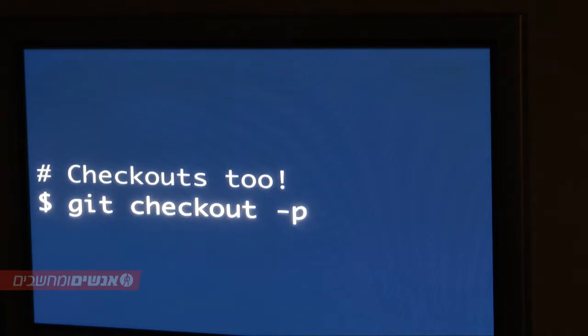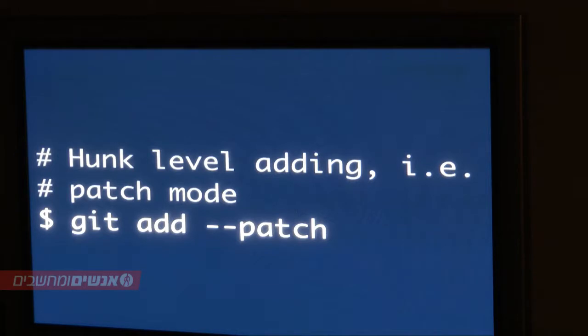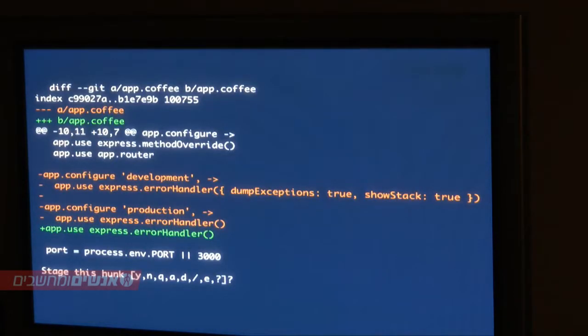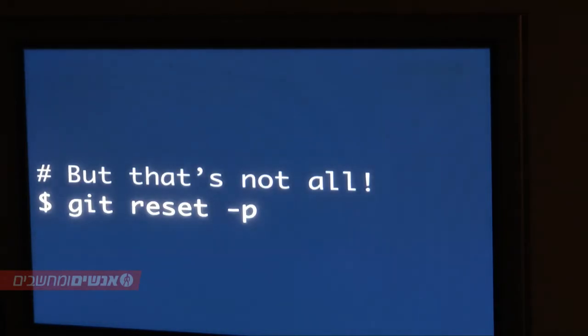So -p is patch. I'm not entirely sure why it's called patch, and then it asks you about hunks, but whatever. Git doesn't have the greatest interface at all times, so some things can be confusing or overloaded. Like I said, reset is a confusing one too, because you have mixed, soft and hard resets, and they're all slightly different.